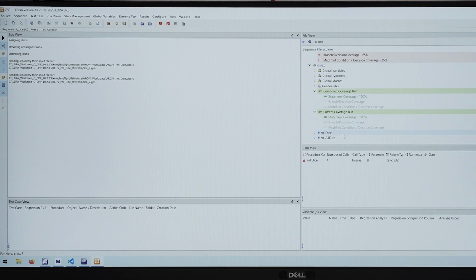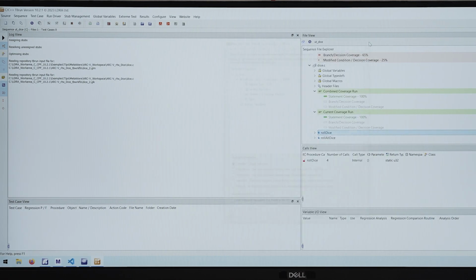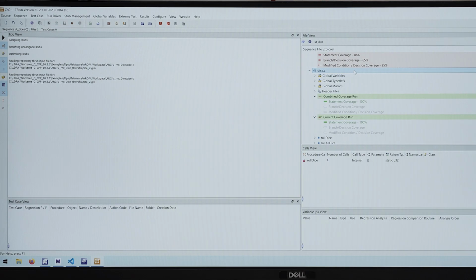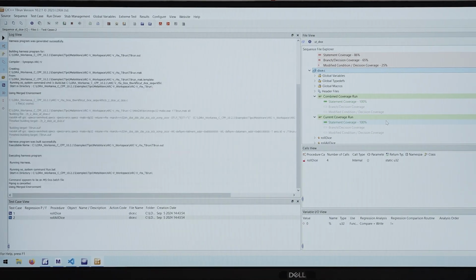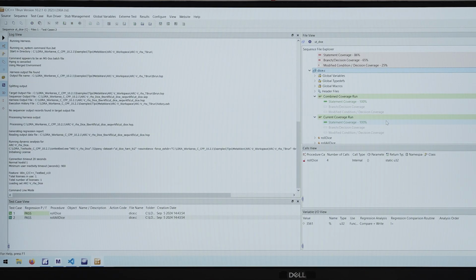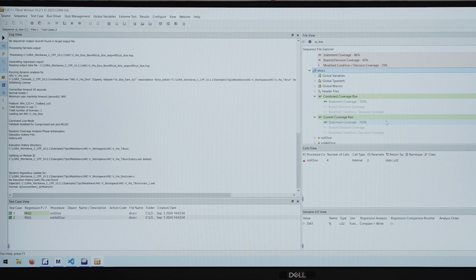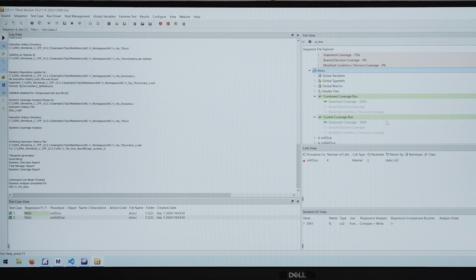Now to create a test case, I can do it manually by double clicking on a function, or I can just use one of our features called TB-Extreme. So TB-Extreme is going to automatically generate test cases for us, and this is a really useful feature. It'll save you a lot of time. The test cases can then be modified later to fit your requirements-based testing.